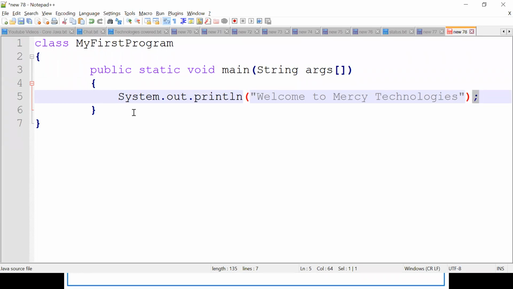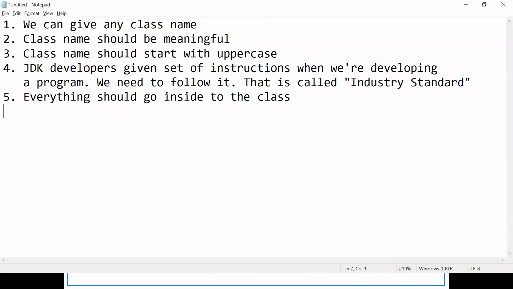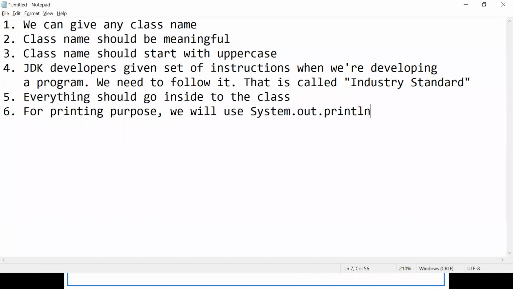This is very important, right? For printing purpose, we will use System.out.println. This is a statement. All the statements should end with a semicolon. This is very important.